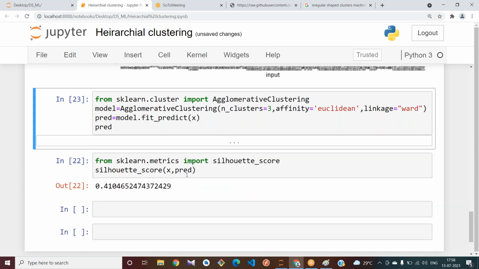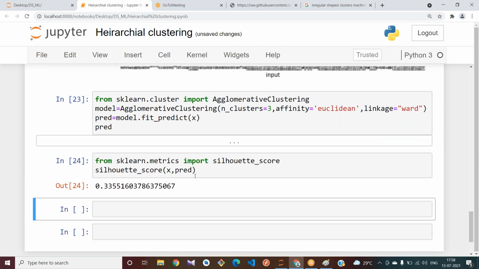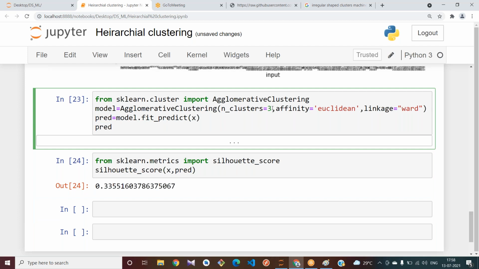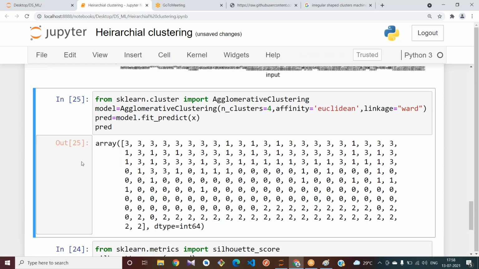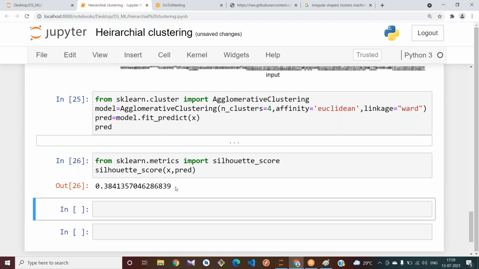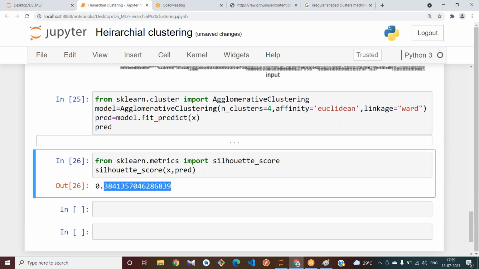See, if you use 3 clusters, your score is getting reduced. If you try to use 4 clusters, somewhat it has increased for 4 than 3, but it is not increasing overall. It is decreasing, right?